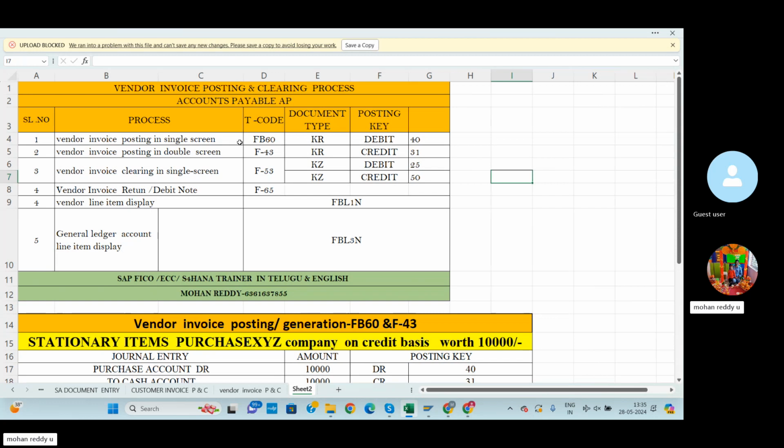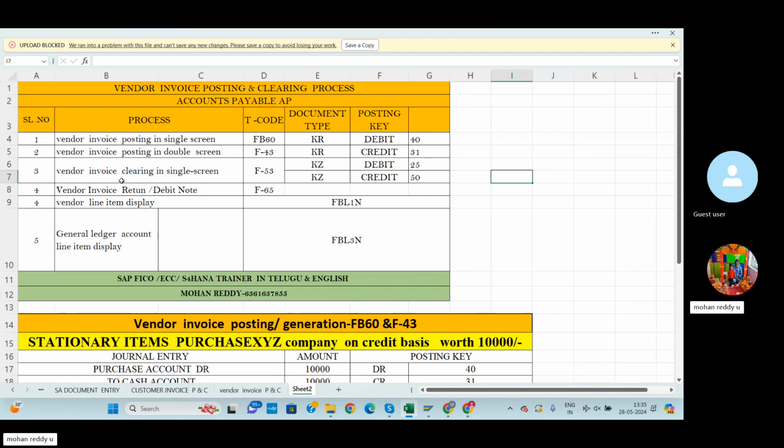If we buy goods and services from a particular XYZ vendor on credit, in these situations we post the vendor invoice using the FB60 T-code. The document type is KR, and the posting key indicates debit posting keys for the party and credit posting key